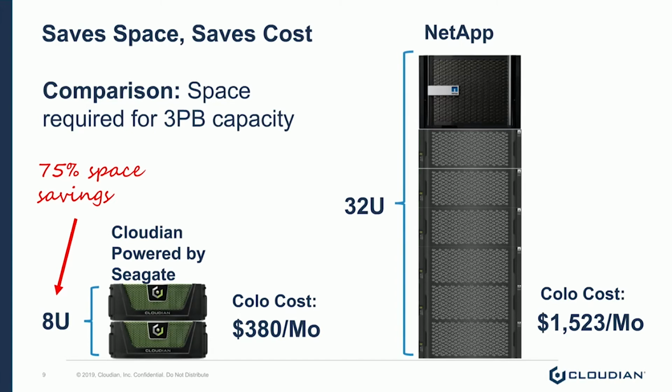So if you look at how this system helps, here's a really simple example. Take 3 petabytes of raw capacity. In this system, that fits into 8U of rack height. If you look at a comparable system from a traditional IT vendor, that same capacity fits in 32U of rack height in today's system offerings. That includes drive shelves plus a controller. That represents a 75% space savings, which is a phenomenal amount of resource,